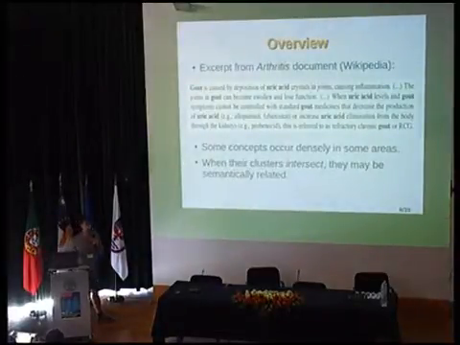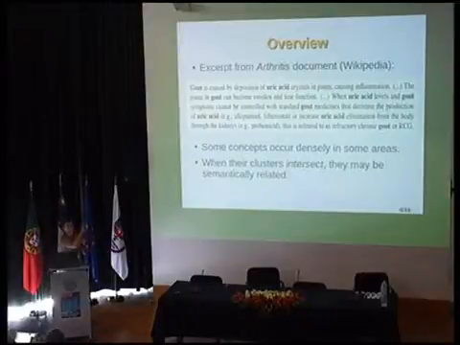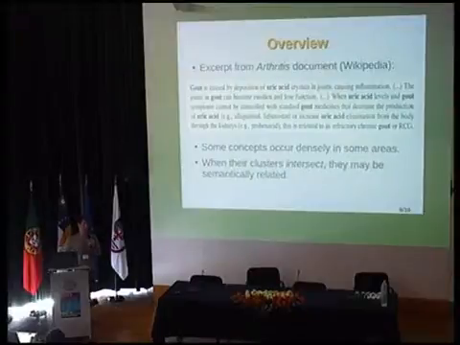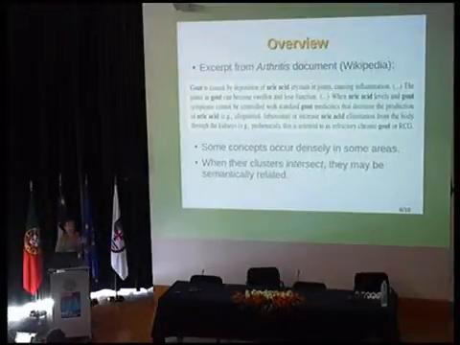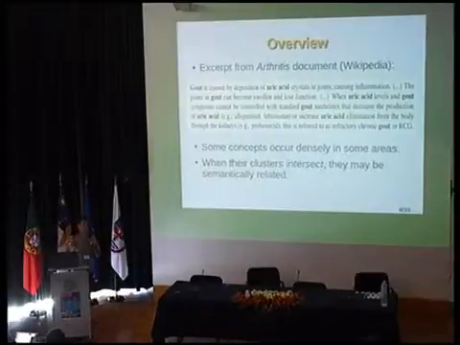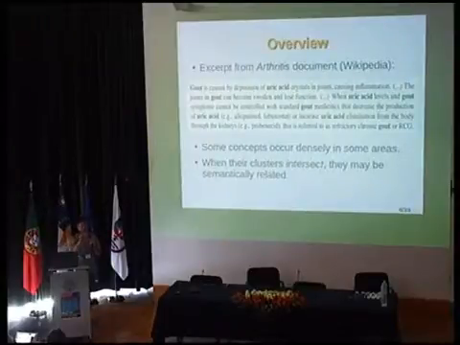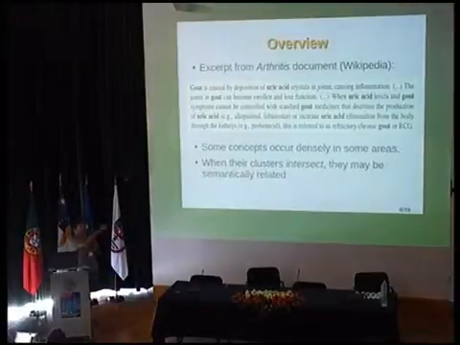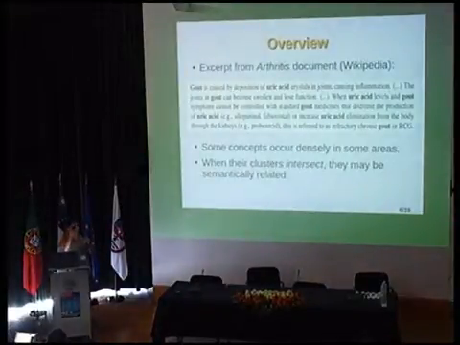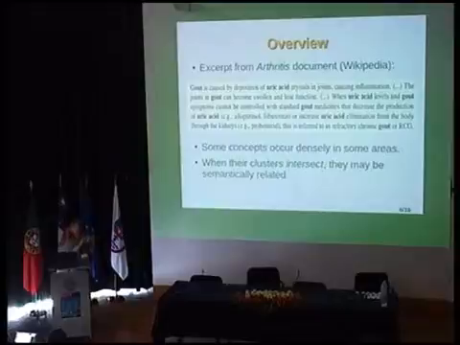The idea is very simple. So for instance, take this small excerpt, you don't need to read it, just see it, from the arthritis Wikipedia document from about 2 months ago or something like that. As you can see, this excerpt, which is a paragraph, talks about lots of things, but there are two important concepts being talked about here, which are gout and uric acid. And as you can see, I've put them in black, bold. As you can see, gout and uric acid occur a lot in this paragraph.